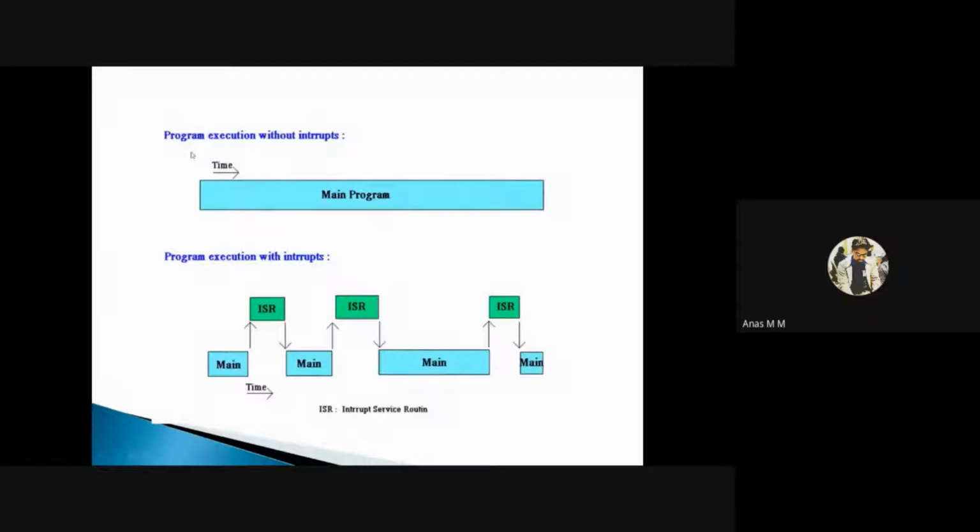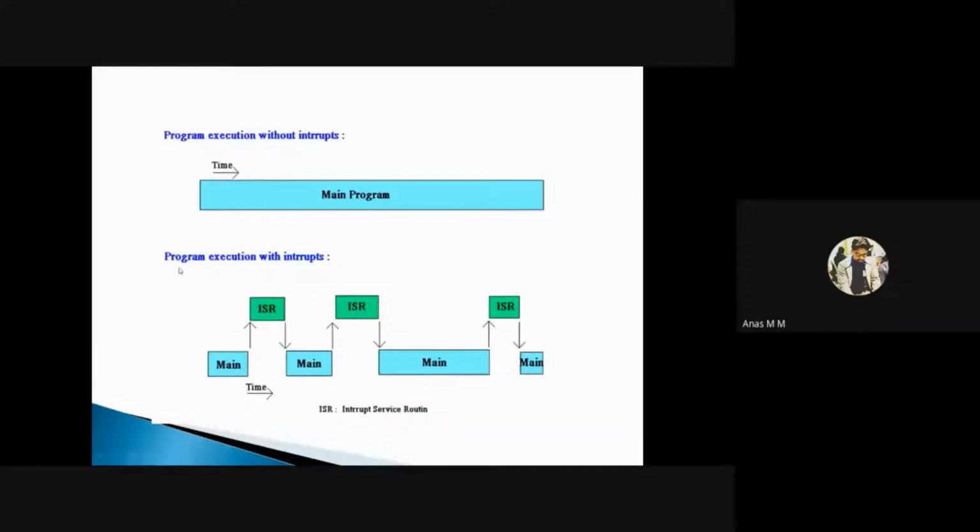So basically, just observe this. Usually, we will write a program like this. In our Keil software, when you write a program, we define the initial location, then we write the program, then we end the program. So this is a main program. When you observe this main program, you will understand that while doing this program, simultaneously you cannot do any other programs. There is no other subdivision of programs. It's a single line, a single program. So it is doing a single task. But